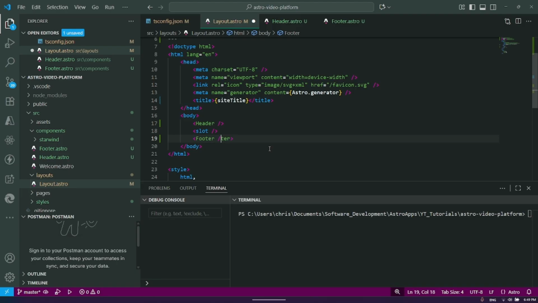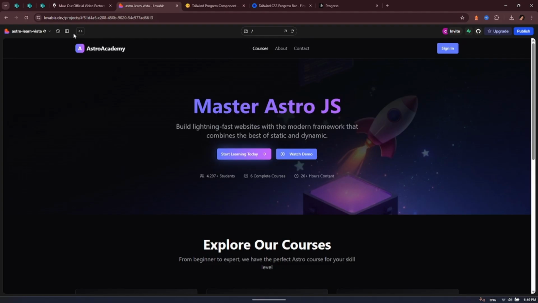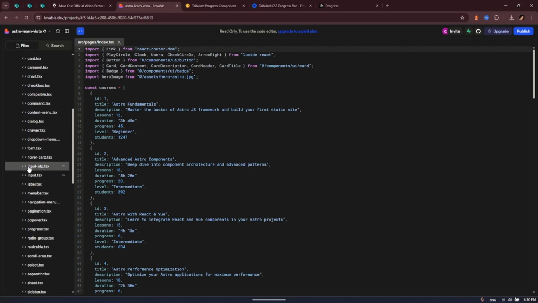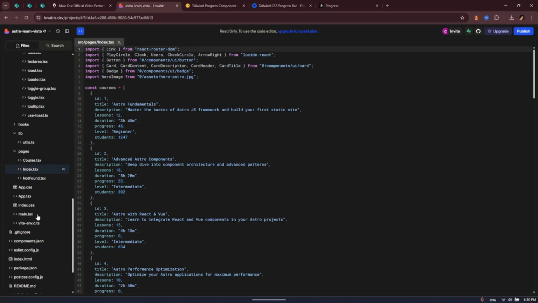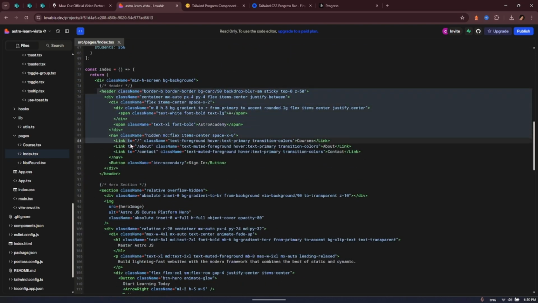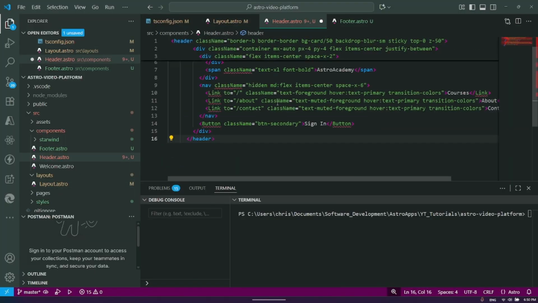do something very, very quick, because what's great about Lovable, even though it uses React, we can kind of take the elements of it. And let's see, so we've got the components UI, so the index file, the header is right here. Okay, so we copy this and we go into the header.astro, and we literally